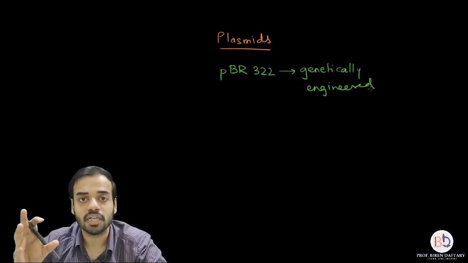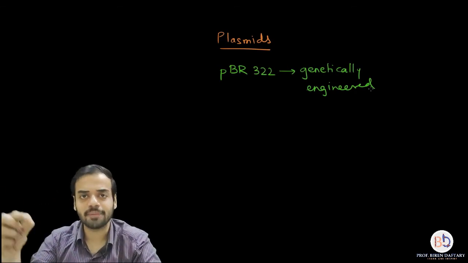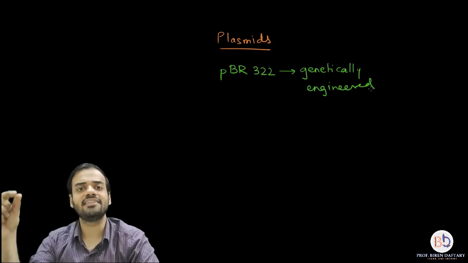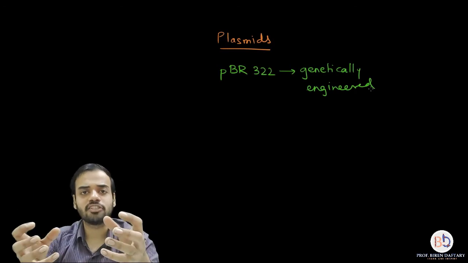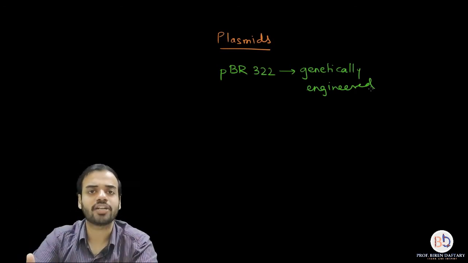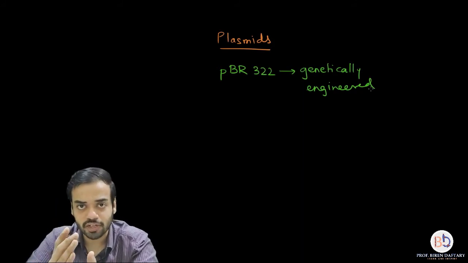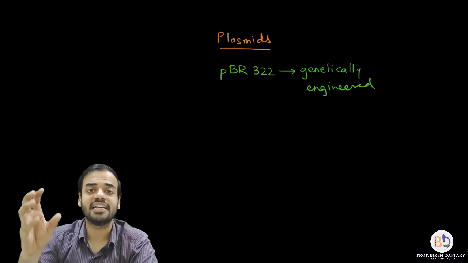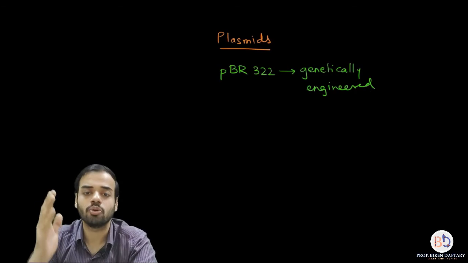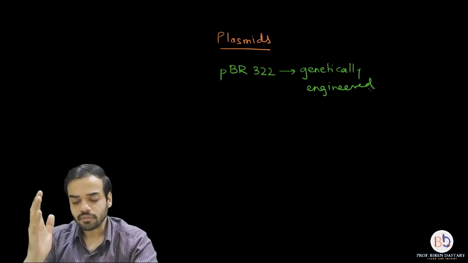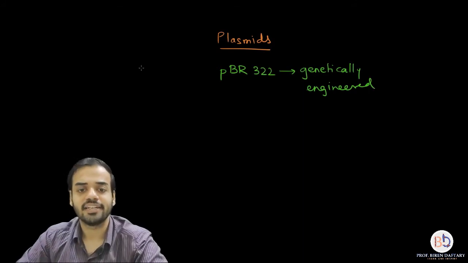Please remember this. So how do they prepare genetically engineered plasmids? Very simple. They add antibiotic resistant areas, they add additional restriction sites. By doing that, the plasmid which is formed becomes a competent cloning vector, becomes a good cloning vector. So please remember, most of the plasmids which are used for recombinant DNA technology are genetically engineered plasmids, so that they are very competent in what they do. Is that clear? Okay. Now the plasmids, most of them are designed in such a way that they can